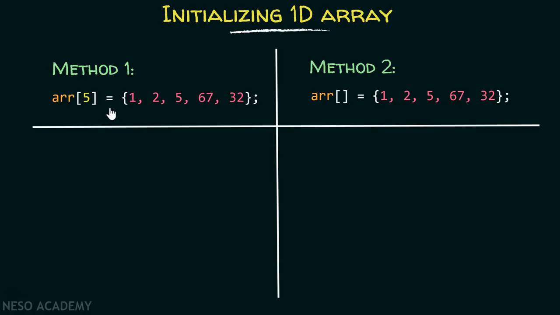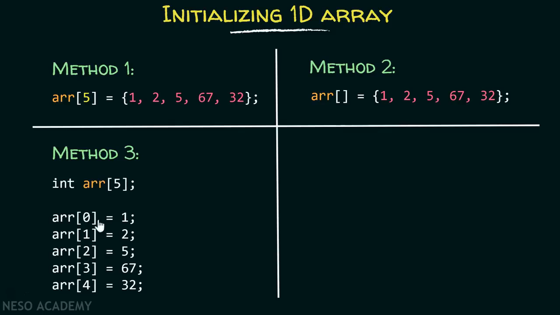Now let me discuss method number 3. And here is how it looks like. You are first declaring the array, and here in this case you have to specify the length. The previous case is the only case where there is no requirement of specifying the length. But here in this case you have to specify the length, otherwise it will produce an error. Now here, one by one in these indexes, I am entering these elements. This is another way of initialization.